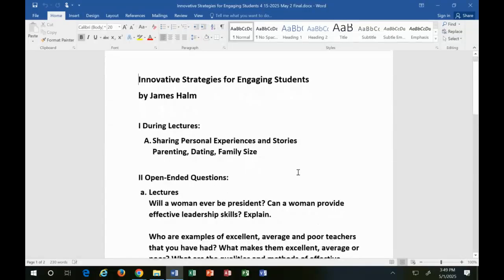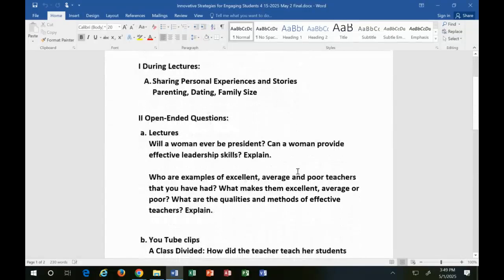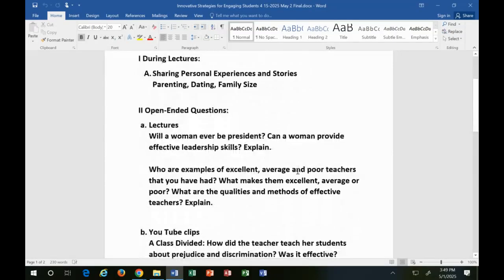All right. Let's look at the idea of open-ended questions. Again, I feel like you've got to break up your lecture somehow. Try to keep them awake. One of the things that I do is I ask a lot of questions. I don't realize that I'm doing it. When I first started teaching, I used to write them all down. Now I'm so used to doing it, I don't have to. It just flows. It's automatic.